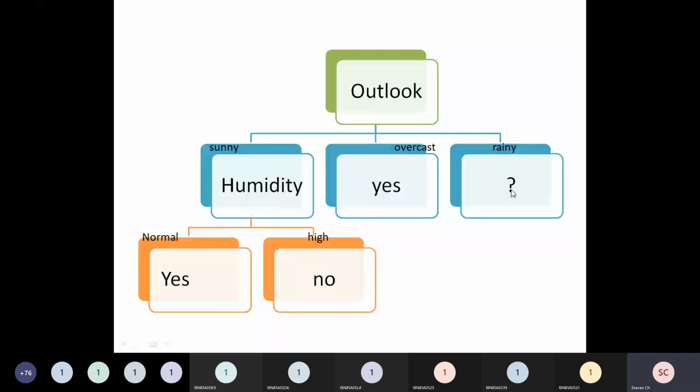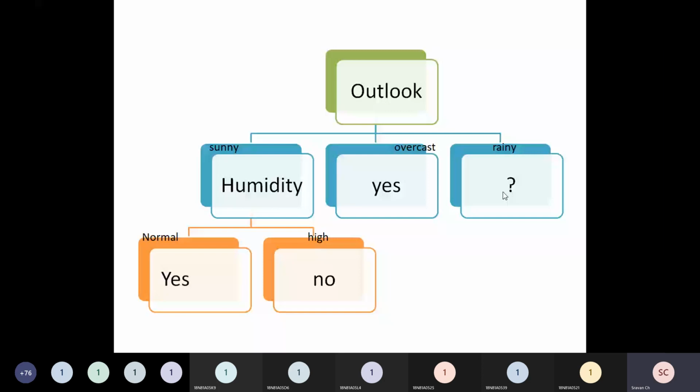Now if you observe carefully, outlook came, humidity came, wind came, but how about temperature? Temperature is missing. So please don't think, sir, that one attribute is missing, so this is not a complete tree. Yes, it is still a complete tree. If one of the attributes is missing, it doesn't mean that it is incomplete. If one of the attributes is not coming in our decision tree, it means that attribute is not significant. That attribute is not required in order to make the prediction or the decision.